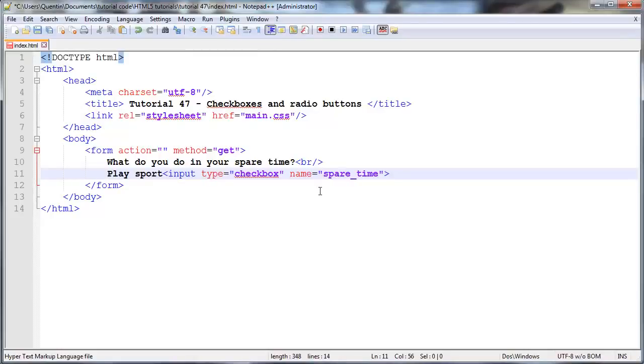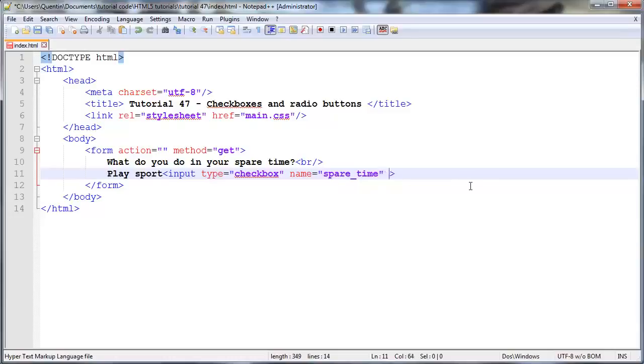And in the case of a checkbox, we might often send through more than one. So you might very often, especially in the case with PHP, see people give their checkboxes a name that actually has little square brackets on the end, and that's got to do with programming. So I'm not really going to cover that here, but you might actually see that happen sometimes. So just take note of that. So we'll send through a name of spare time, but what do we want to send